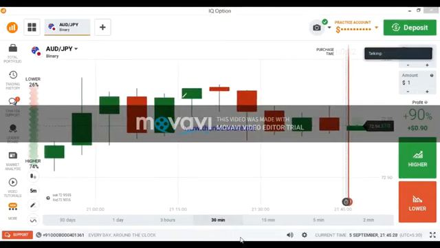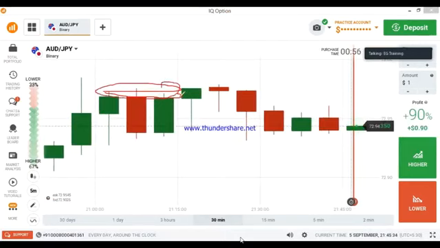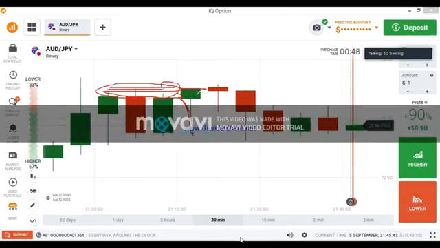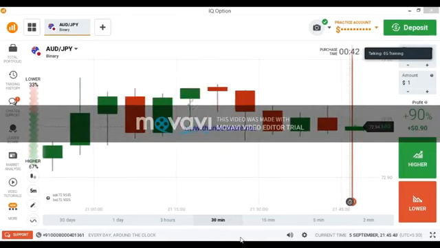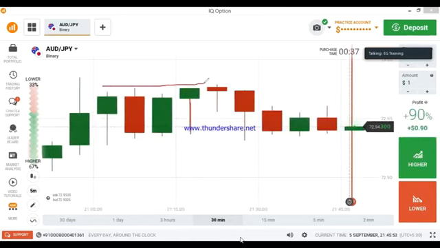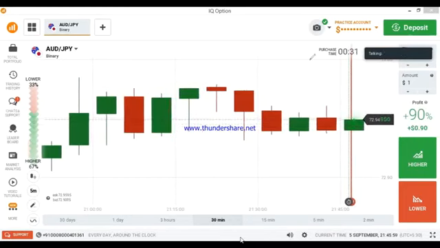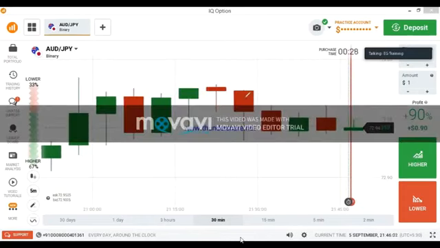the market. Okay, we are seeing a seller's entry here. There are some sellers, and here we are seeing a strong seller's entry, and the candle closing point is at the seller's area. So the candle is showing us the sellers are interested in the market because we are seeing very strong seller's entry, and the candle closing point is at the seller's area. The candle closing point is showing us the sellers will enter into the market. There is more chance of sellers entering the market because of this closing point, because of this seller's entry.